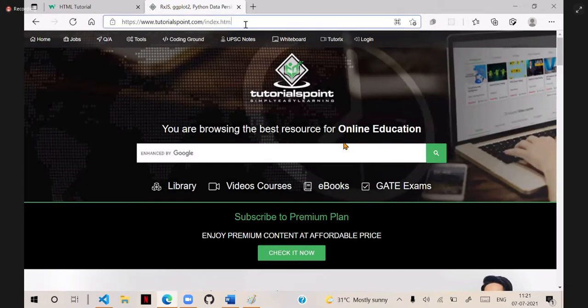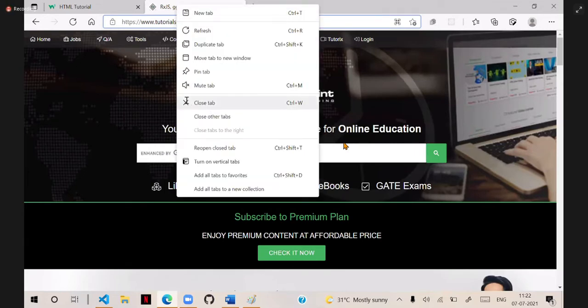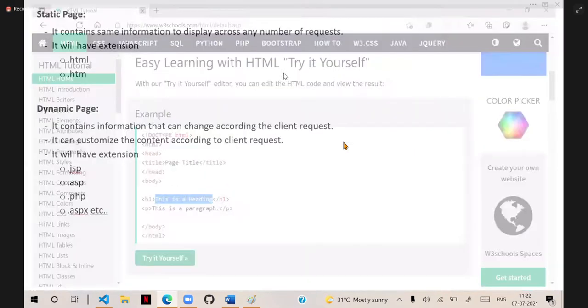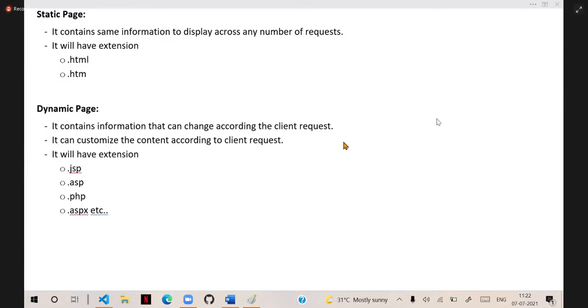It is a static page. It's not a dynamic page. So technically, the static page will display the same information across any number of requests.